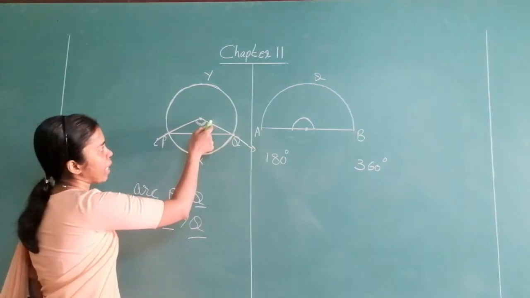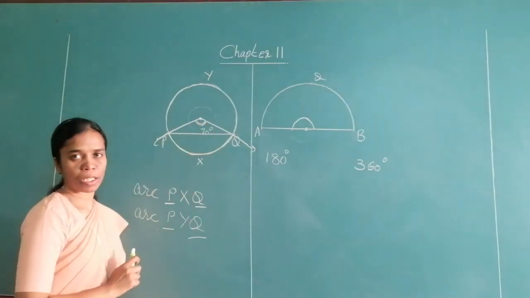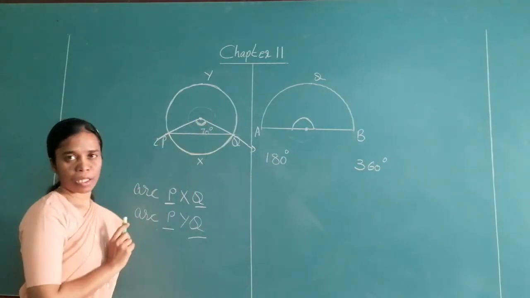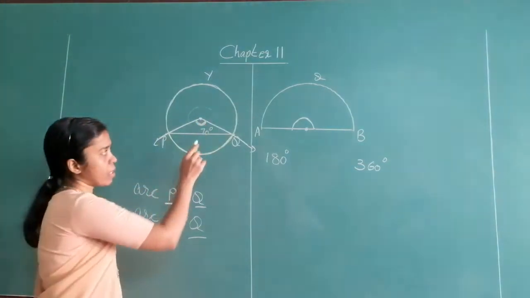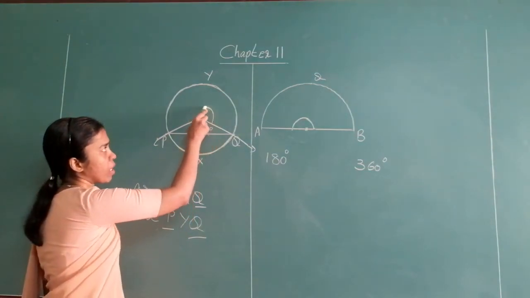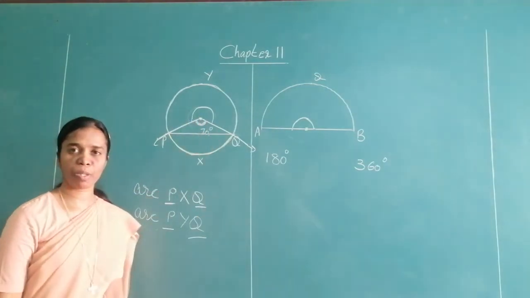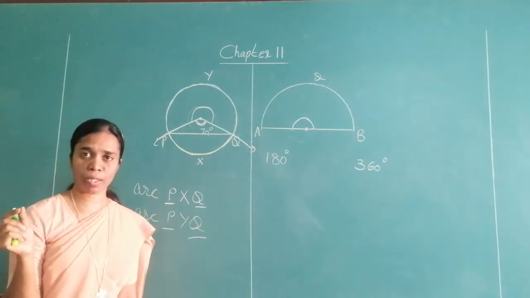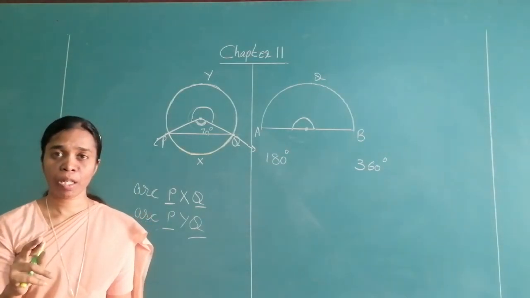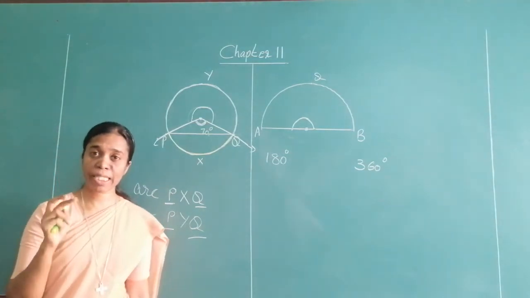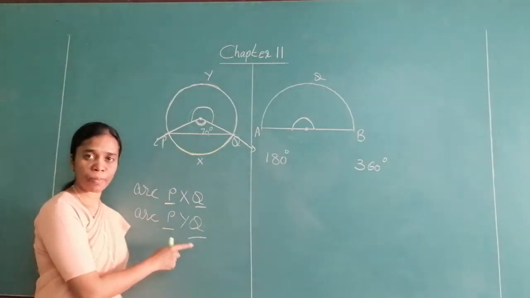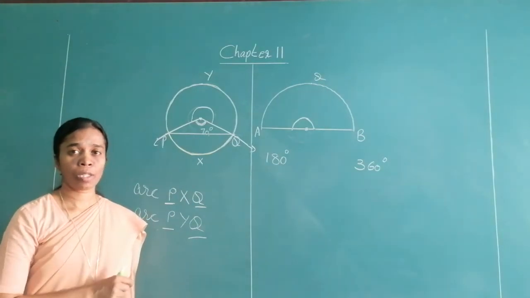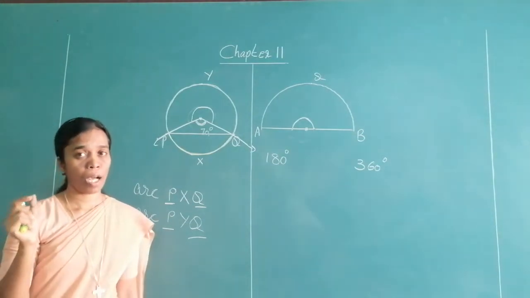Now, we know that the entire circle is 360 degrees. Out of this, the minor arc is 70 degrees. So 360 minus 70 will give you the remaining major arc, the measure of the major arc. That is only if they are corresponding arcs. Again, what are corresponding arcs? The two arcs that have the same endpoints and give us a complete circle are called corresponding arcs.